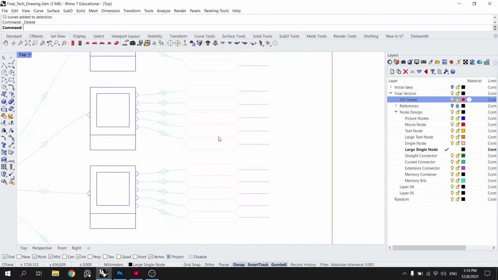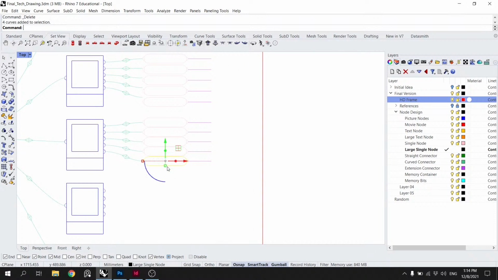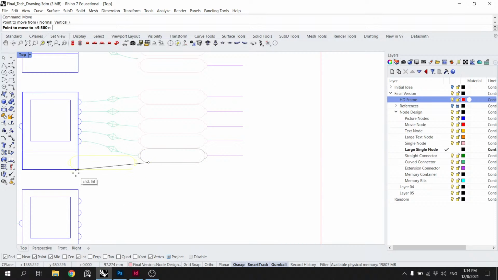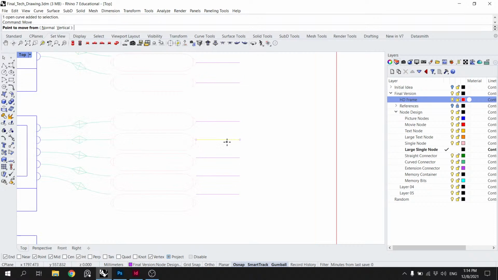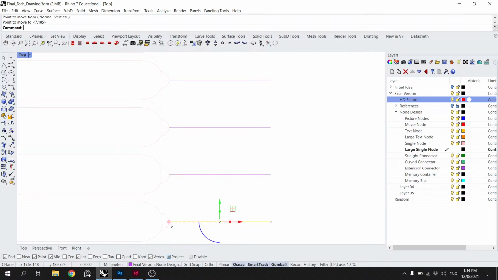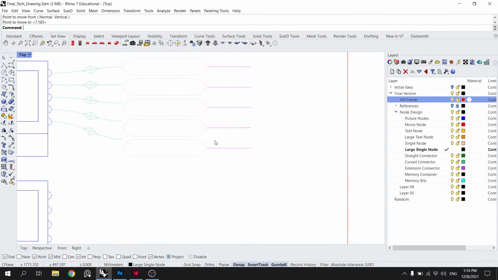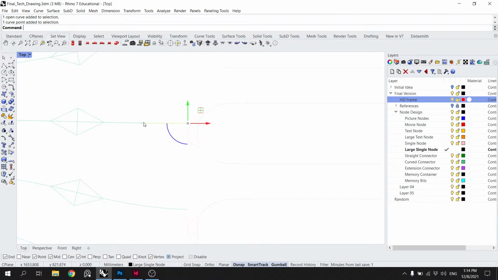All I have to do is fix this one, and this one, and this one. Okay. Distribute along the Y. Alright. Okay, that's all good. Now I have to go through and fix these dots.